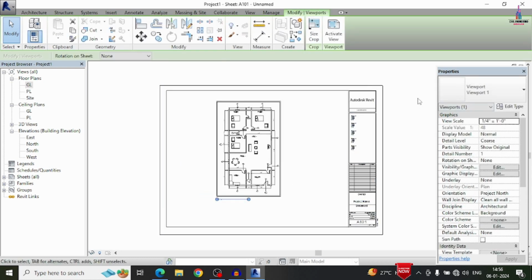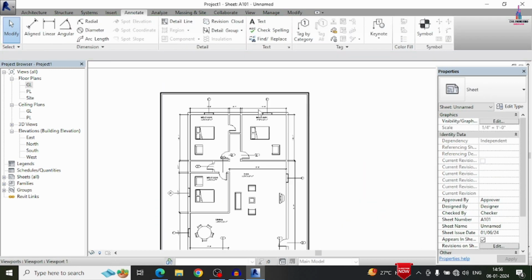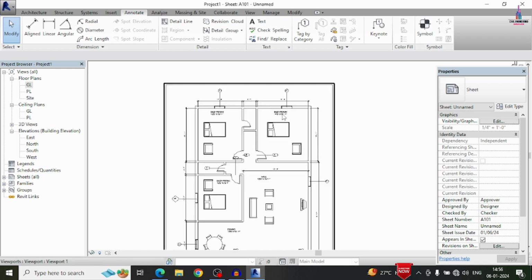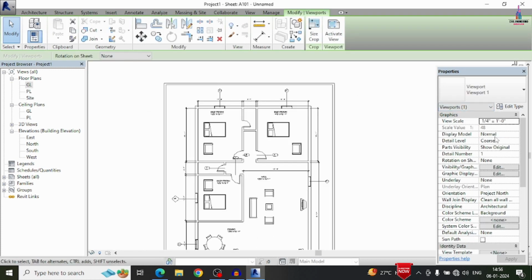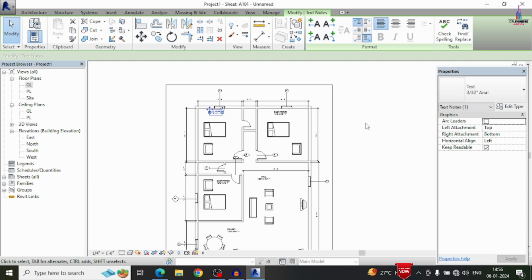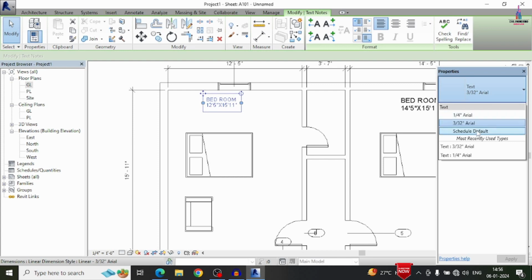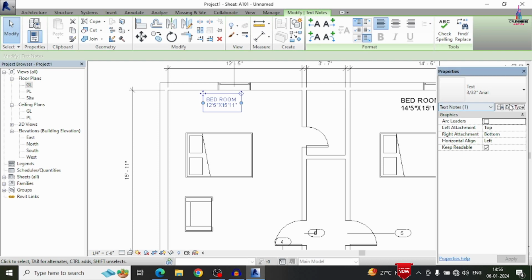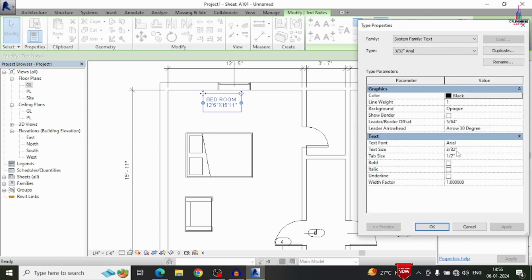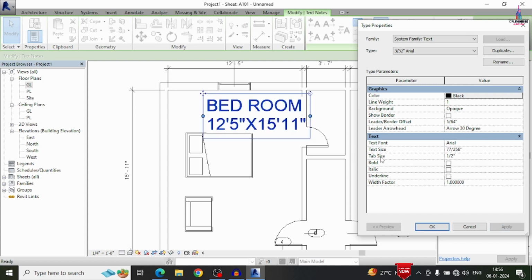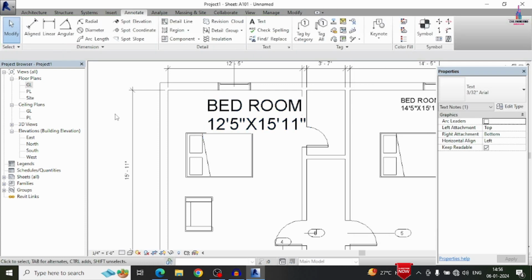Okay, so in that way you can add any number of sheets, depending upon your consideration. But here you can see the text is not visible here. So for that we have to select that option which is related to 3 by 2 here. Okay, you can see here it is having a high amount of text for the particular room. Okay, you can change the text according to your considerations, or else you can directly create a duplicate text, depending upon your height of the text. Okay, here it will be 3 by 32. You can change that text to 3 by 10. Okay, click on apply, so that it will increase your text size. Okay, so you can adjust that text.